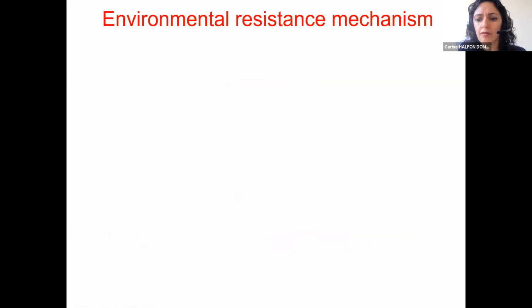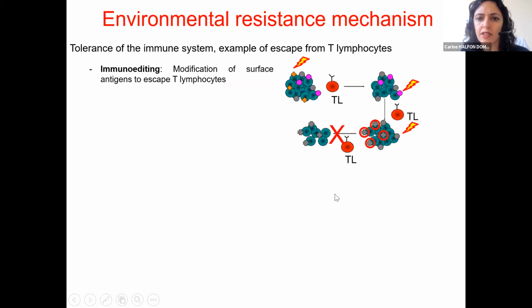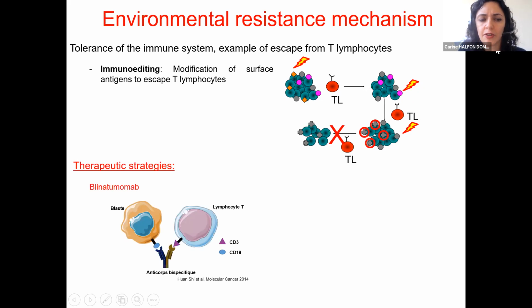And we know, for now, that there exist some resistance mechanisms to apoptosis, like the tolerance of the immune system, when, for example, the blast cell will be able to immunoedit its cluster of differentiation and modify its surface antigens to escape T lymphocytes, and will be able to proliferate even if, as we see in the previous slide, there are T lymphocytes and natural killer cells in the microenvironment. And this immunoediting is now